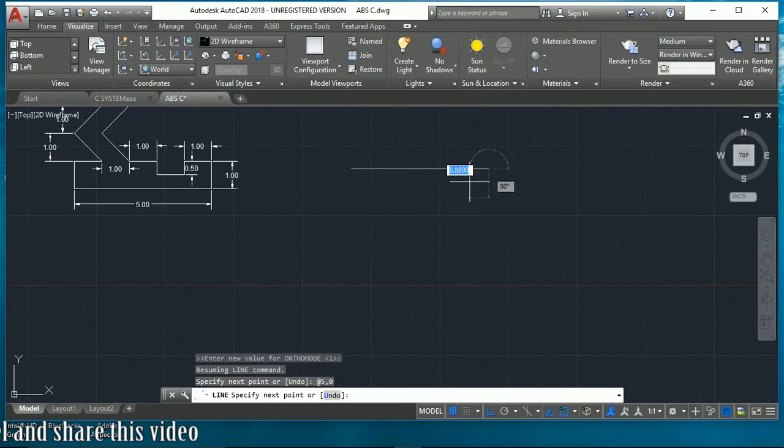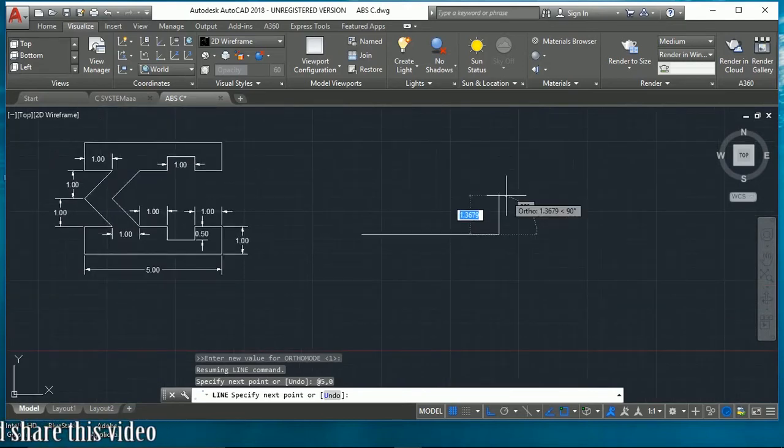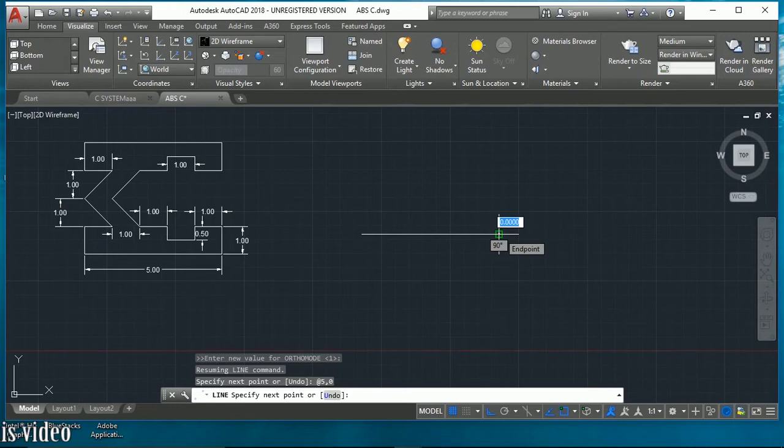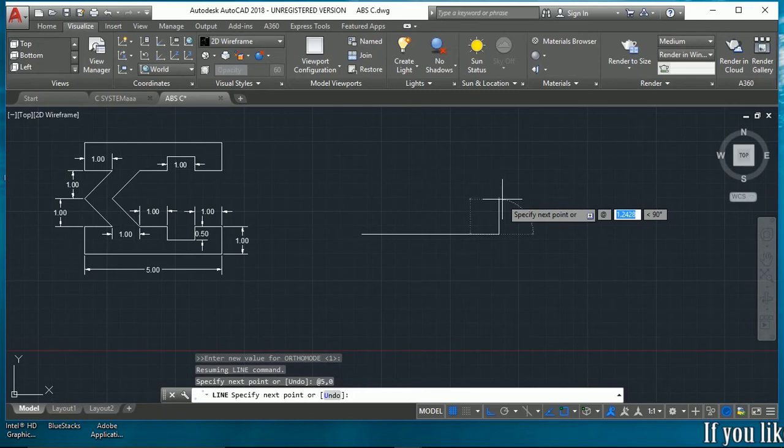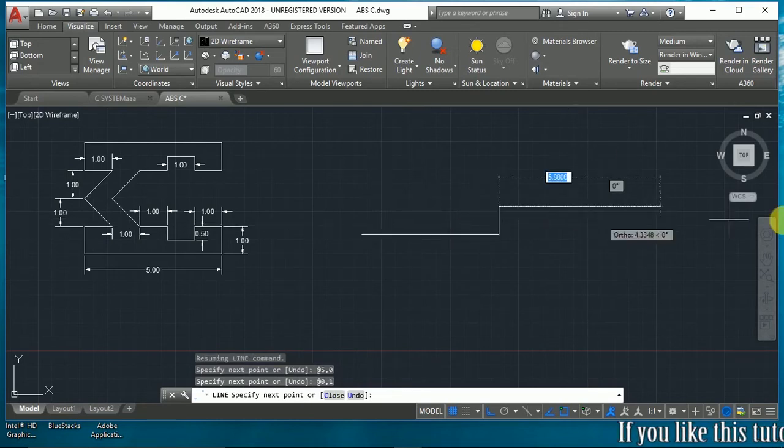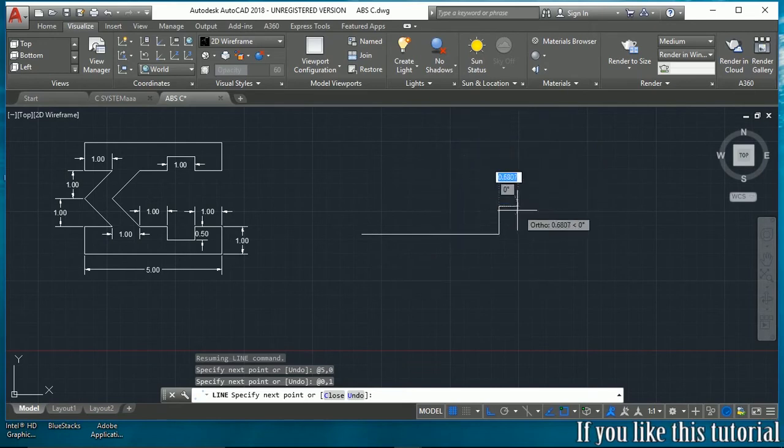So to draw this point, calculate the length of the drawing. Here the value of x-axis will be 0, but the value of y-axis will be 1. So input length @ 0, 1, enter. So next